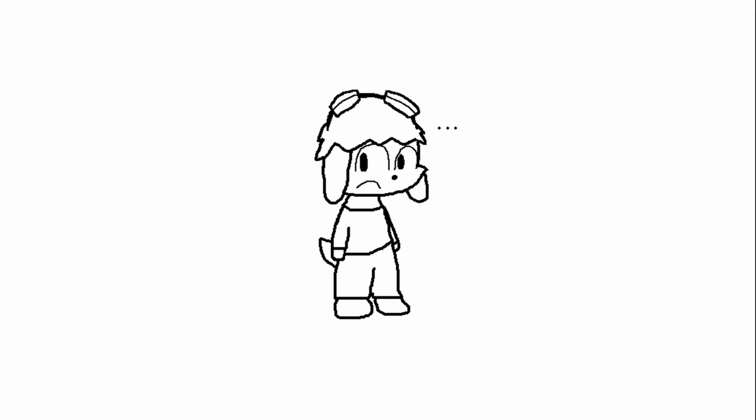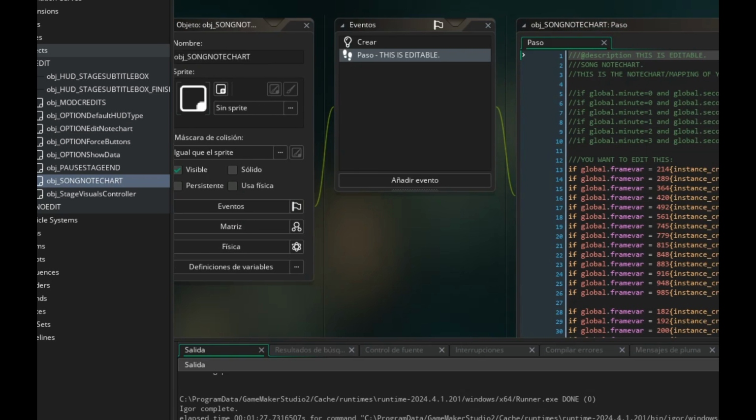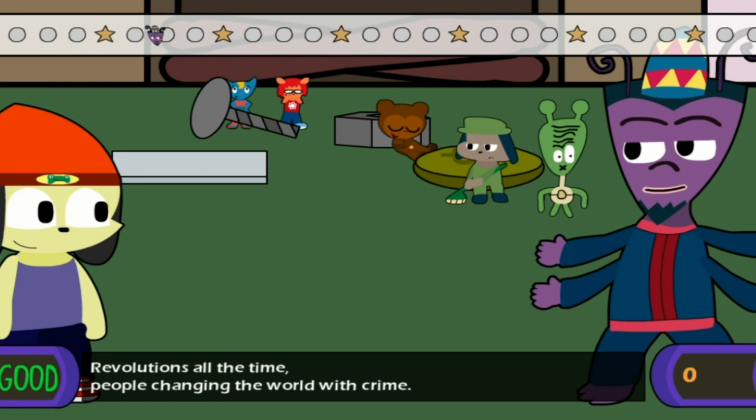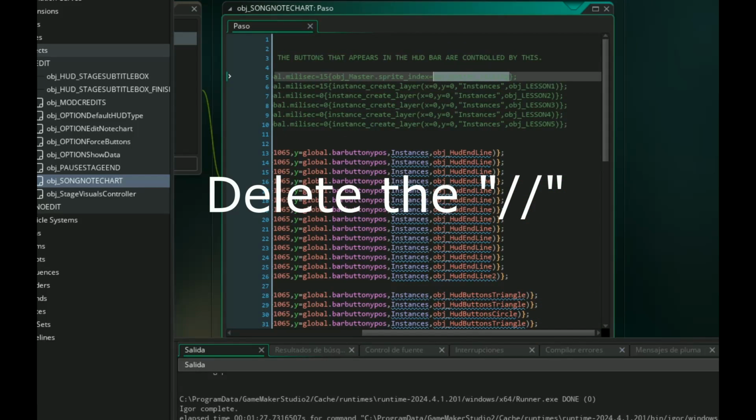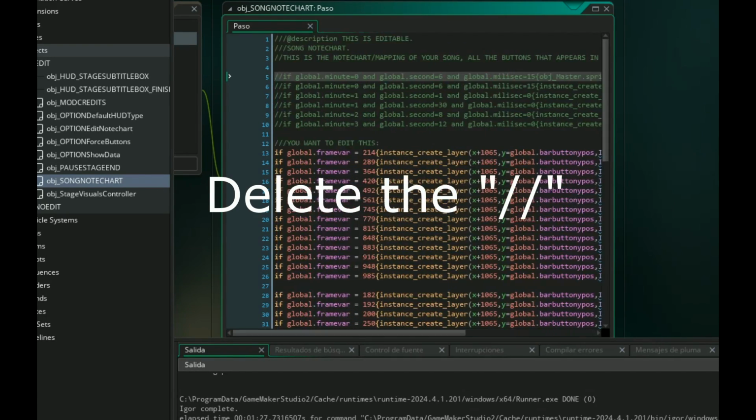Now the extra stuff, this is optional, but will make you feel less crappy. The first thing is the master's talking animation. This is used in Rap Remix to make the master sing before the note chart has started. To activate it, delete the // at the start of the line, and change the time where you want it